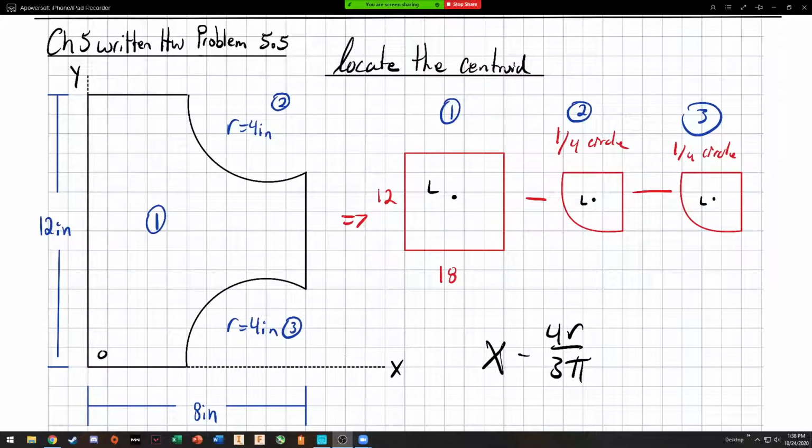Okay, so back to where we were, Chapter 5, Homework 5.5, right? It's a written assignment? Yes. Okay, cool. So, as we were talking just a little bit ago, it's going to be a square